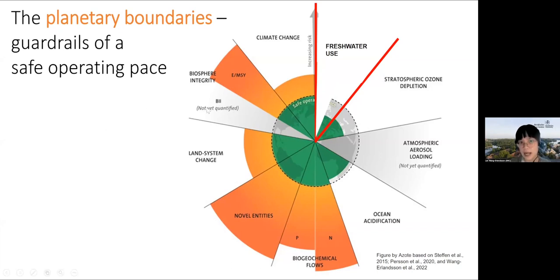So it includes climate change and biosphere integrity, which are considered the core boundaries. It also includes land system change, novel entities such as chemical pollution, and biogeochemical flows in terms of phosphorus and nitrogen, ocean acidification, atmospheric aerosol loading, stratospheric ozone depletion, and of course, freshwater. In the original,